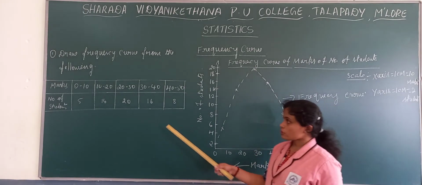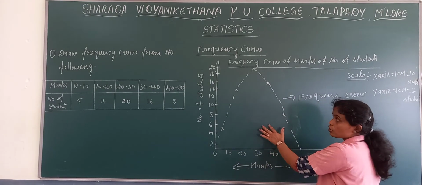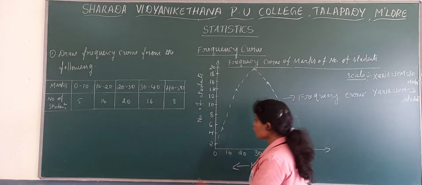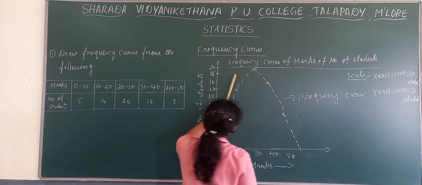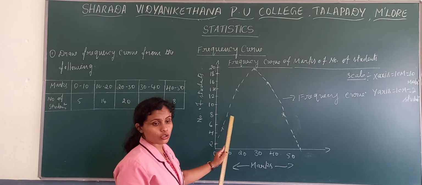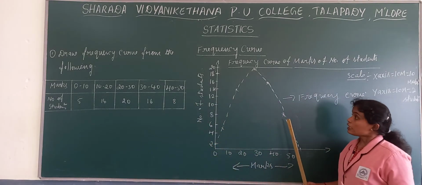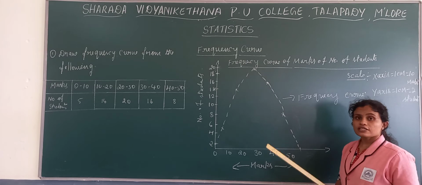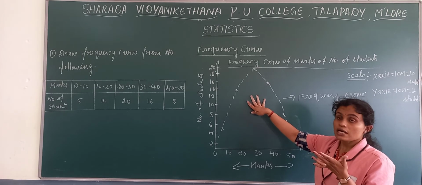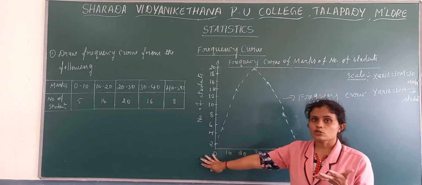In the case of a frequency curve, there are possibilities. One is the question you have already got. One more possibility is there: they say draw a histogram, then draw a frequency curve and frequency polygon. If it's a frequency curve, how to draw? Same. You need to use the scale in order to represent the frequency curve and frequency polygon. So this is about the frequency curve. The difference between a frequency curve and a frequency polygon is that a frequency curve is a freehand curve, and in a frequency polygon we use straight lines using the scale.